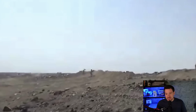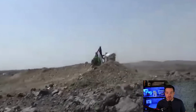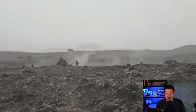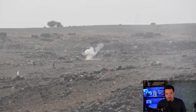So a piece I wanted to call out here is just the scenario planning. This is interesting. The things that the Houthis are thinking through and planning for when it comes to conducting these military operations. It's not just shooting at targets. It's not just firing artillery, but they're playing out these whole scenarios that, you know, make sense to a degree,